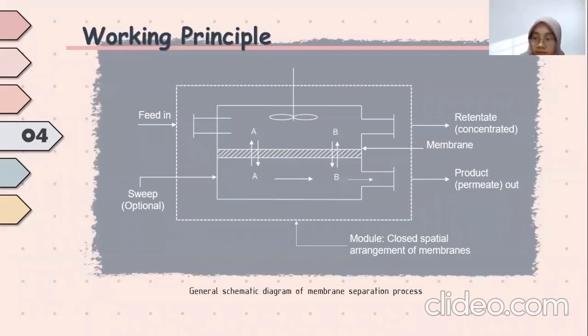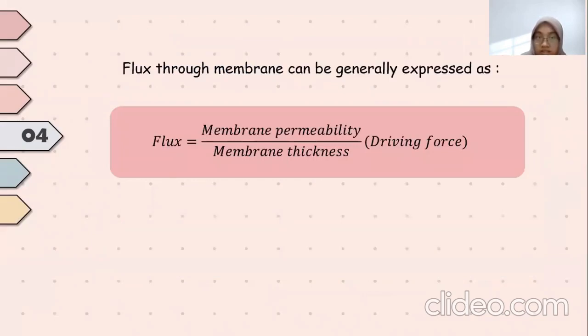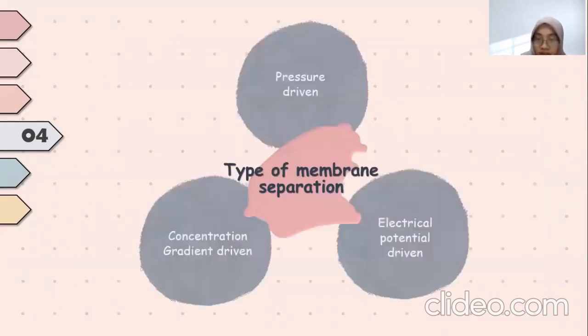In the case of purification, both retentate and permeate can yield the desired product depending on the impurities that have to be removed. Next, this is the formula for flux through the membrane. There are three types of membrane separation: pressure driven, concentration gradient driven, and electrical potential driven. All these